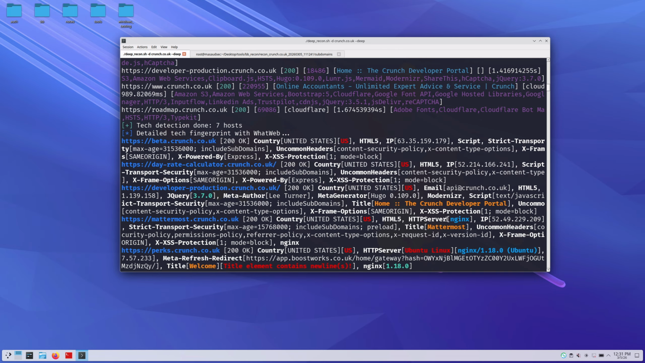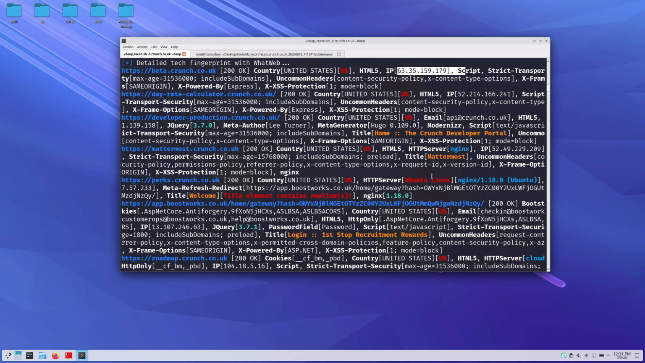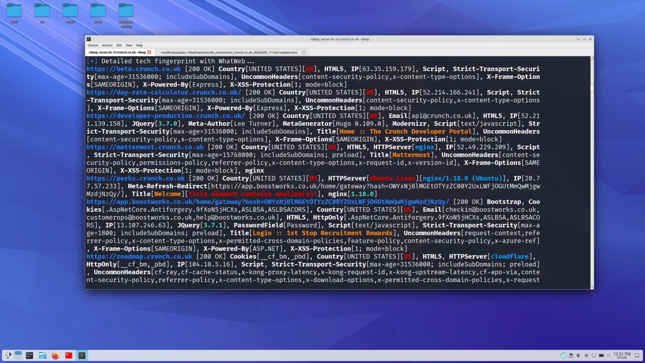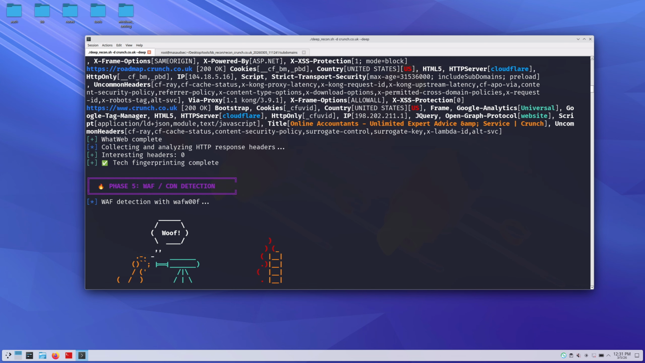Like you can see we have this nginx HTTP server, the IP address, what kind of things they are using, country United States, using the IP address. So these are the things. If I do it in this way, it will be better. Okay, so you can see it clearly. And it will definitely perform deep fingerprinting using WhatWeb aggressive fingerprinting on the top 50 hosts for